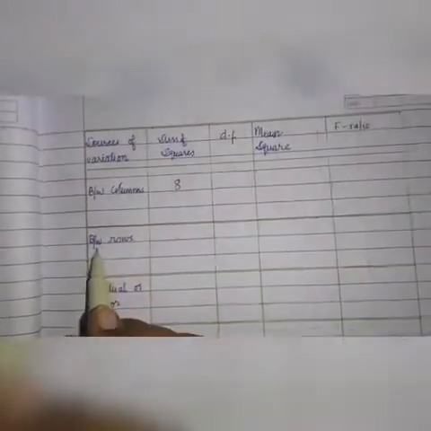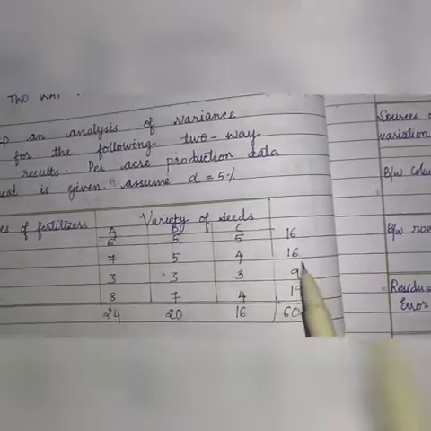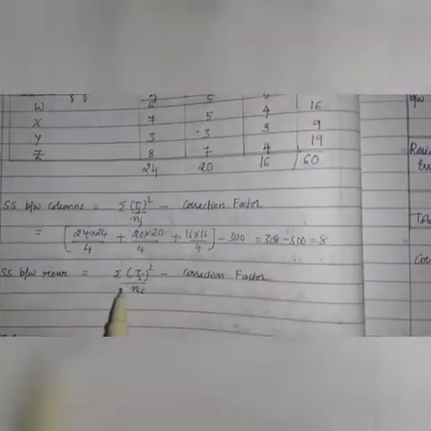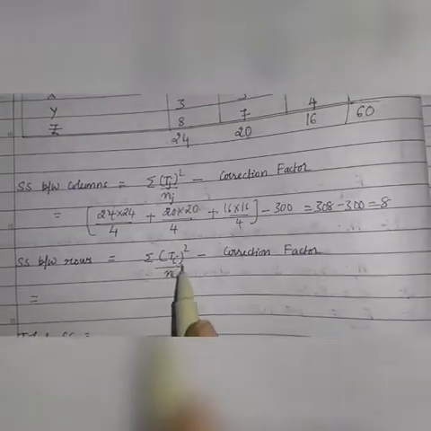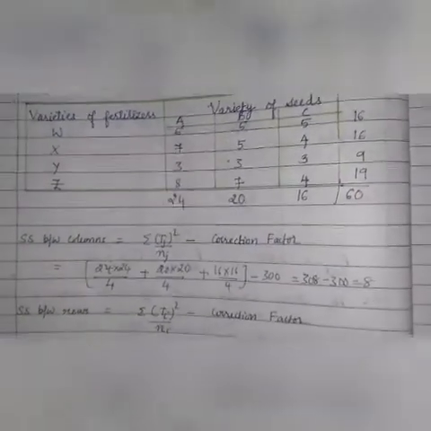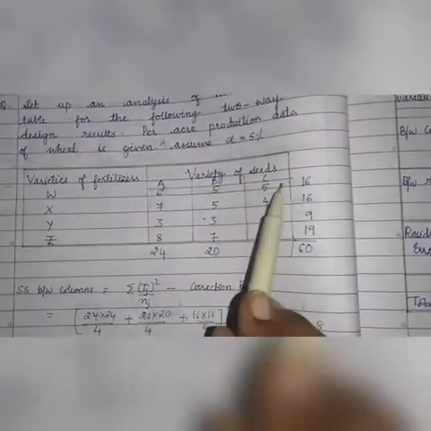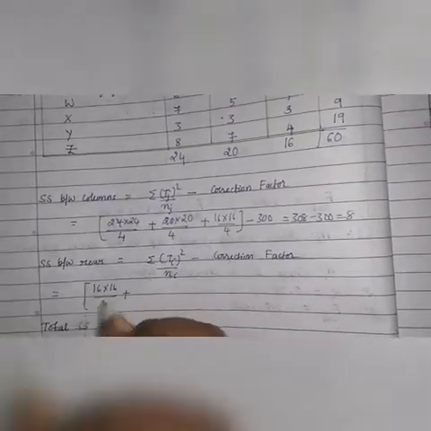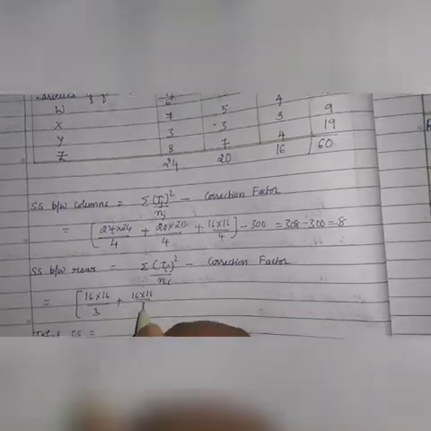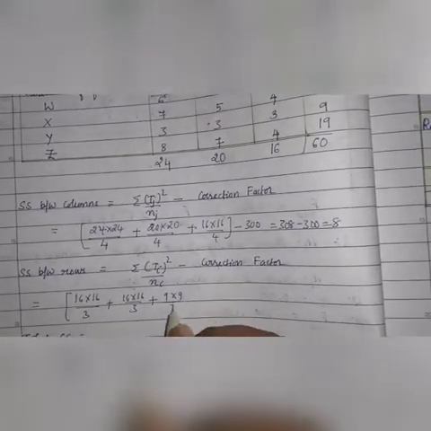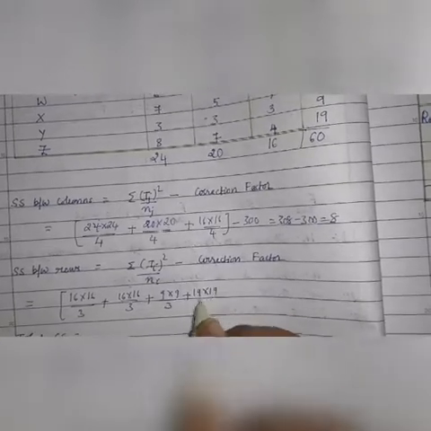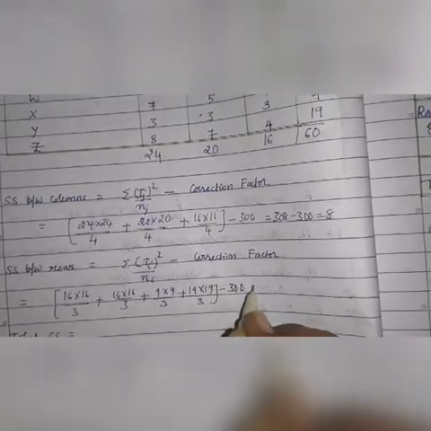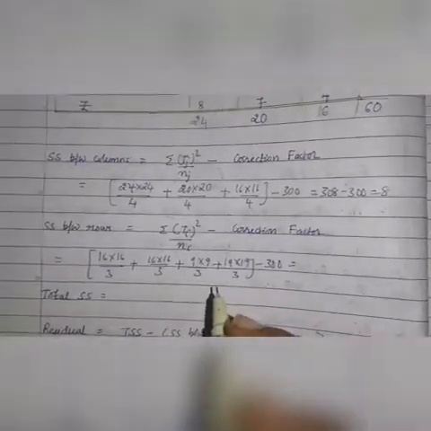Then now we have to calculate between the rows. We have already calculated the sum of each row. Now let us substitute in the formula summation Ti square by ni. So T1 square is 16 into 16 by how many items do we have? 1, 2, 3 in this row. By 3 plus 16 into 16 by 3 plus 9 into 9 by 3 plus 19 into 19 by 3, minus correction factor is 300. So when we do this we get,